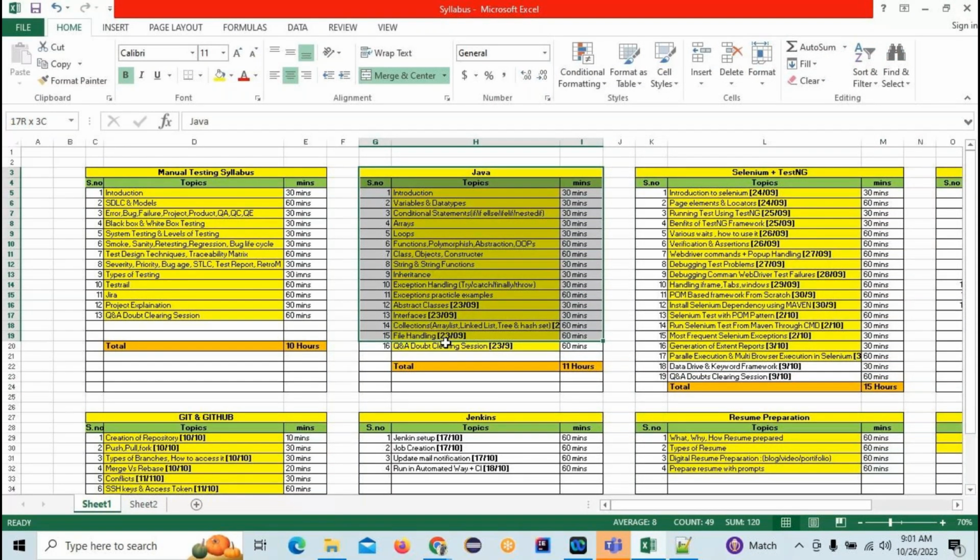the basic concepts. Most of you may be thinking, sir, I don't know anything about coding. Will I survive this course, learn more and get a job in automation? Yes, of course, because I designed this course from the point of view of a person who doesn't know anything about coding. Okay, introduction, variables and data types, condition statements, arrays, loops, functions, polymorphism and abstraction, class object constructor, string functions, inheritance, exception handling, abstract classes, interfaces, and again for every module we have